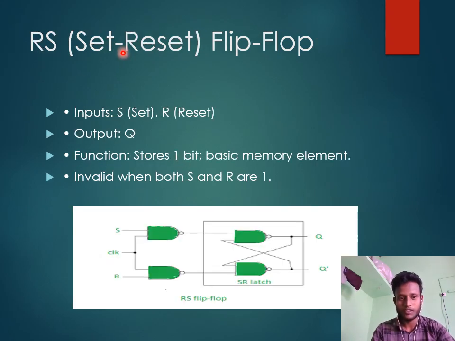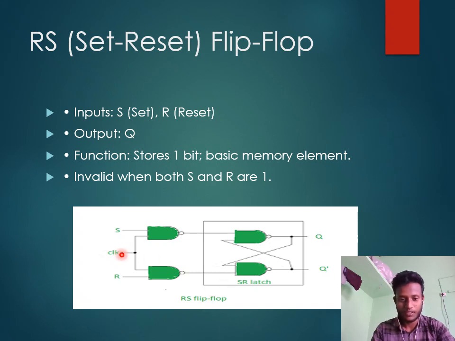Now we are talking about the RS flip-flop. RS means reset and set flip-flop. In this flip-flop we have 2 inputs, S and R, and a clock signal. And we have 2 outputs, Q and Q bar. Q is the first state and Q bar is the complement of Q. And this one is an SR latch. By connecting 2 NAND gates to the SR latch and giving the clock,